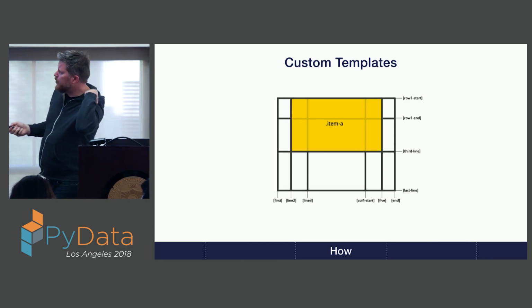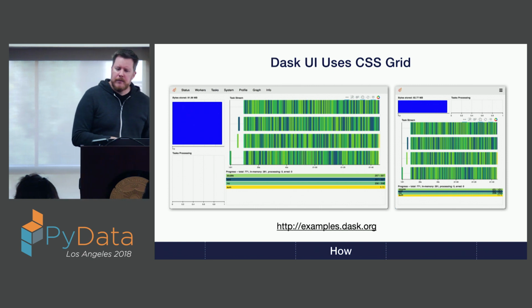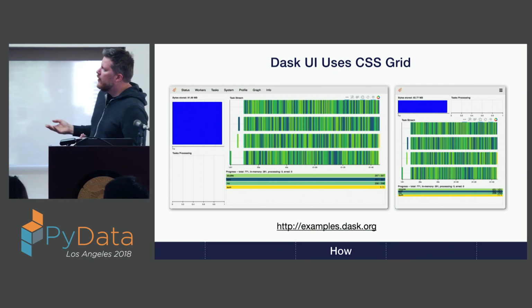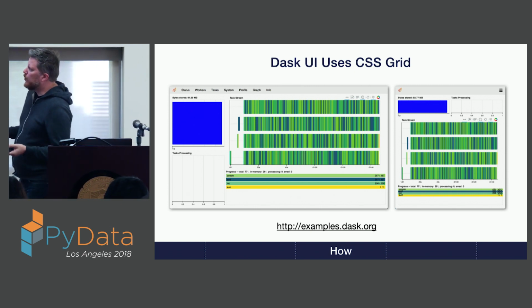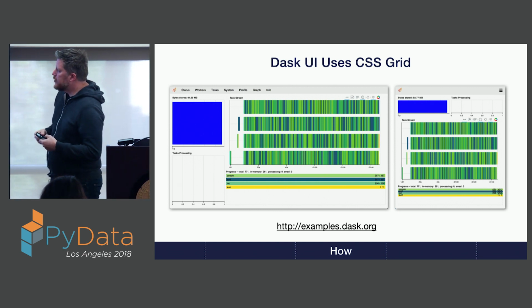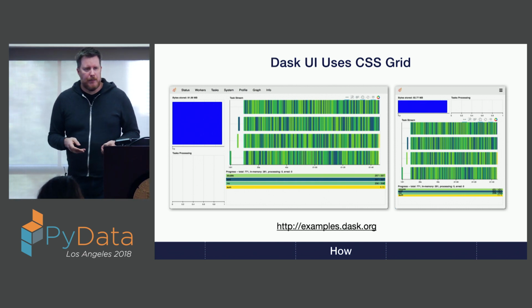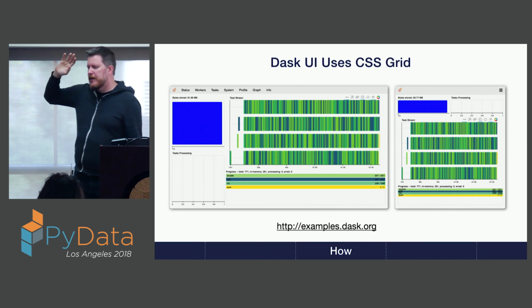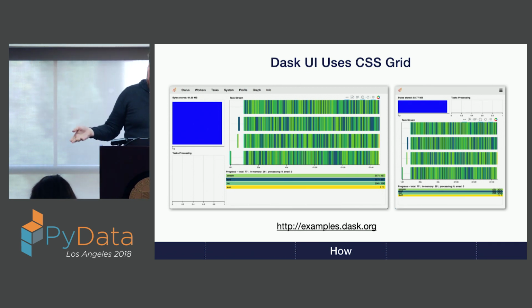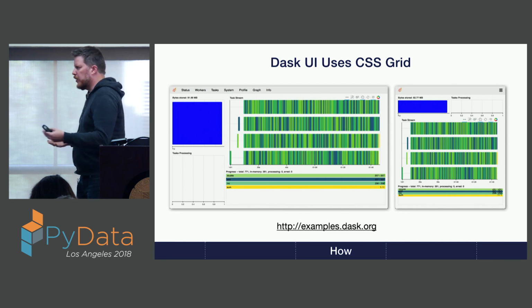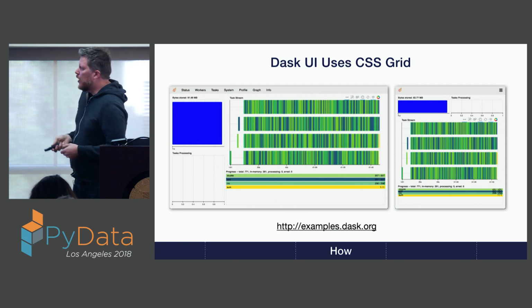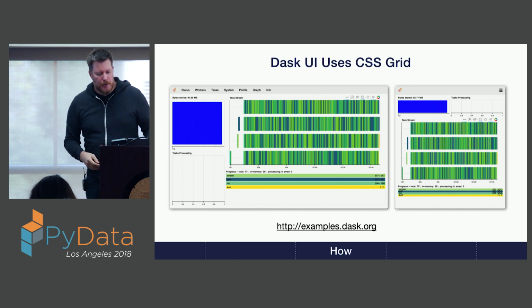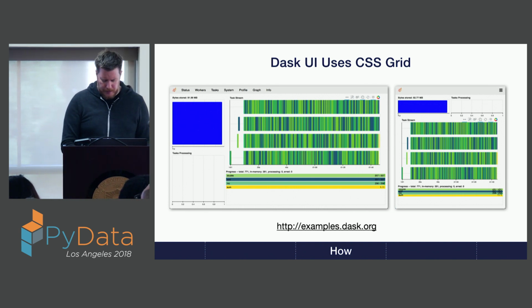A specific example of usage is the Dask UI. Dask has a diagnostic UI, and it uses Bokeh extensively, and it also uses this templating capability. So who's familiar with Dask? A few folks? Okay, so Dask is a great library written by Matt Rocklin, several people work on it now, but initially created by Matt Rocklin. It's for distributed array computing. It's really fantastic. Let me actually see if I can pull up an example